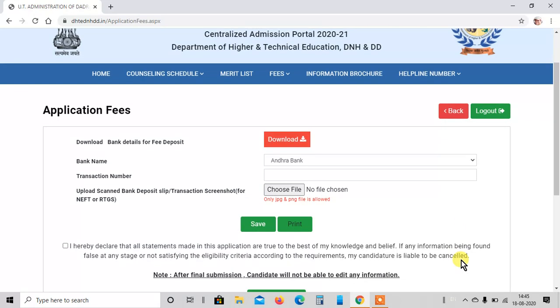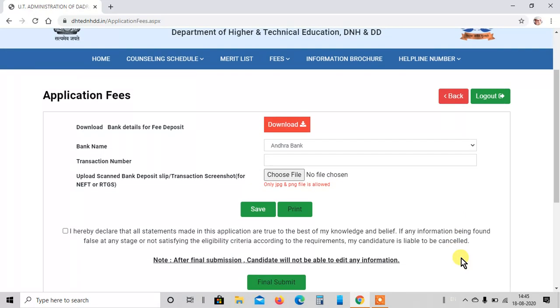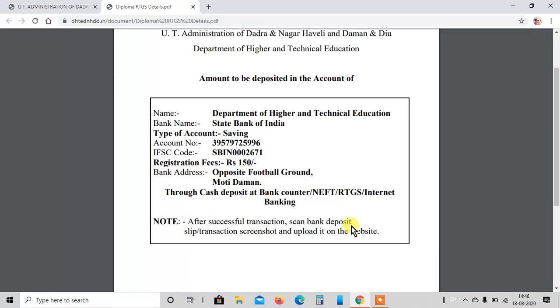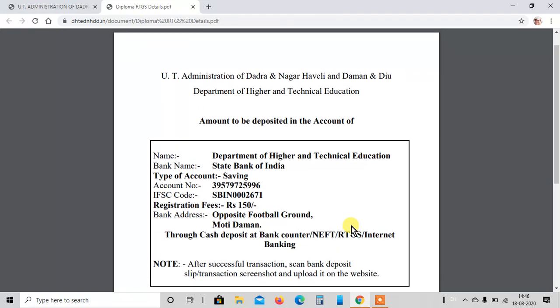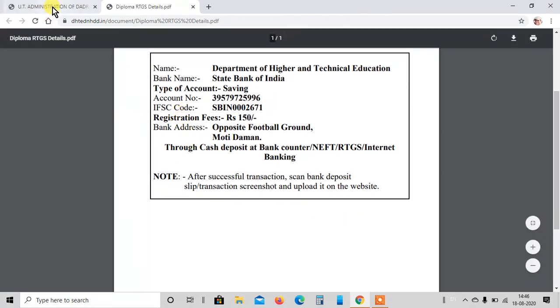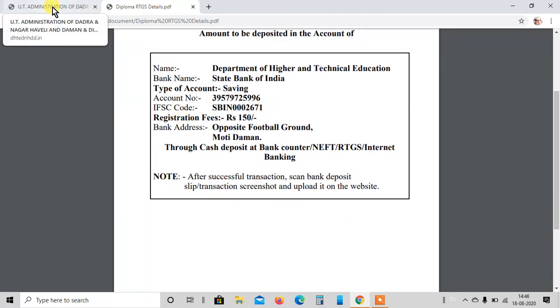Once you are done with the choice of your course and college, it will take you to the fees section. Download the challan. It will give you the PDF file. Take the printout of the same and pay the fees in any of the banks of your choice.